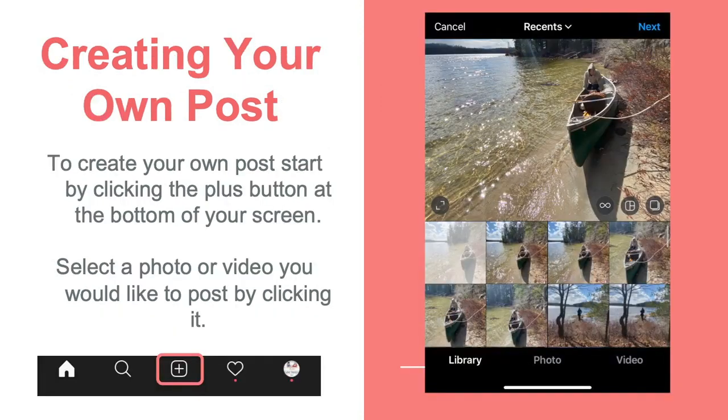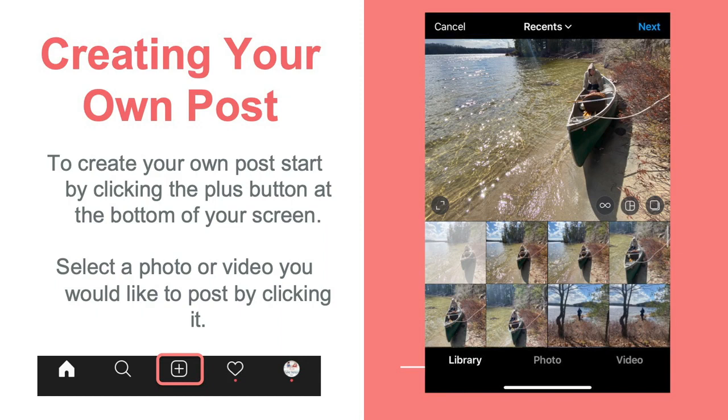So now that we've got the basics down of what a typical Instagram screen looks like, we're going to get into telling you how to actually make a post. In order to make a post, if you're on your phone, you're going to have a bar at the very bottom of your phone screen. You can actually see it on the left side of our slide.